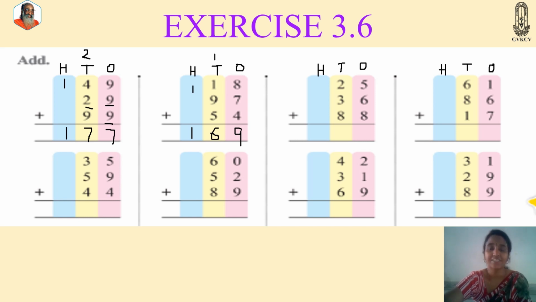Next, coming to the third sum. 5 plus 6 plus 8. Larger is 8, so I am keeping 8 in mind and take 6 fingers. 8 after 9, 10, 11, 12, 13, 14. Next 14 in mind, take 5 fingers. After 14, 15, 16, 17, 18 and 19. So 9 and 1 on top of tens.